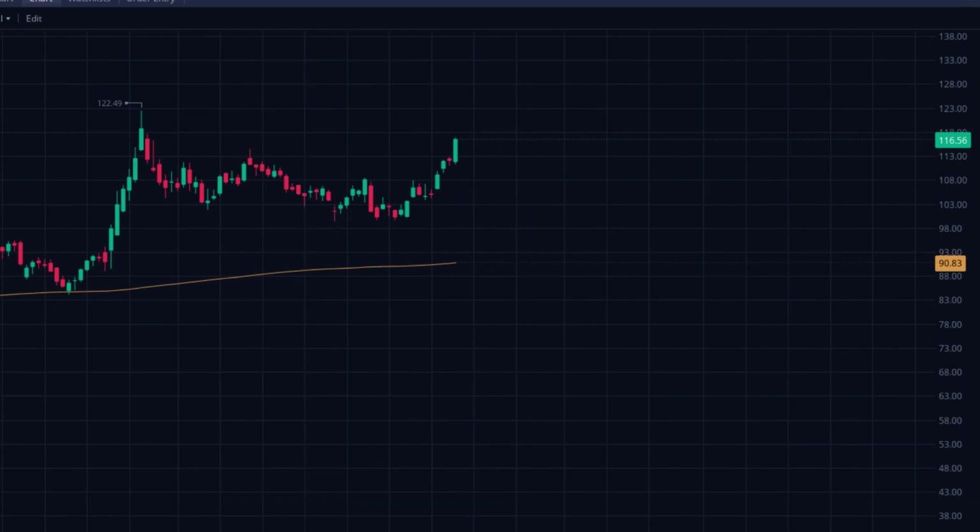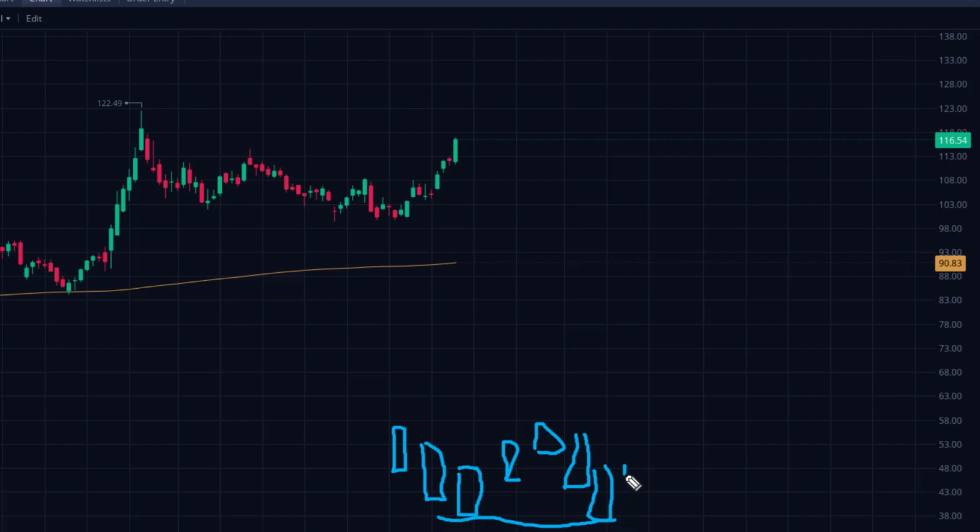And the description of a bullish engulfing candle, I'm going to draw it for you so you can really see it. If you have a candle like this, and a candle like this, and then a candle like this, and then there's the pattern, and then it stalls out, and these candles are getting ugly because I'm starting to get impatient, and then it comes down, right? So we have our support level, and then it comes back up, and then the price covers up here, and this is this candle.